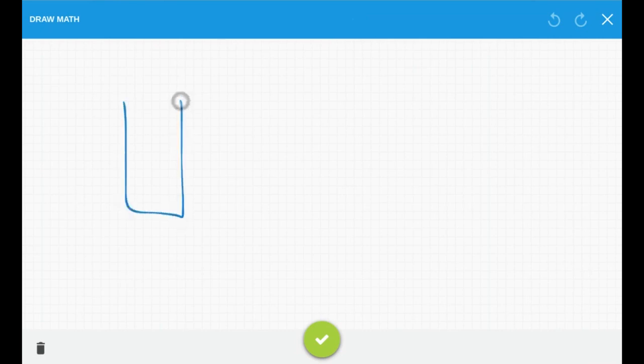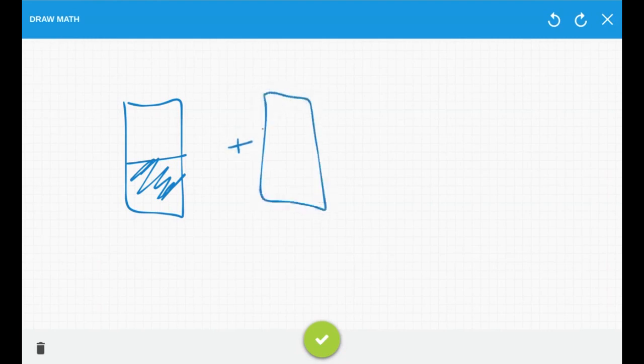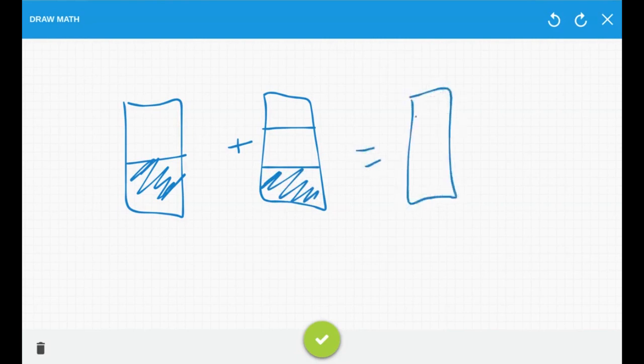And maybe I even want to talk about like, I'm going to do 1/2 plus 1/3. So maybe I have that same box and I want to put that in there. And so I might even show that that's going to be the same as like 1, 2, 3, 4, 5. And I'm going to take that 1/3 and that 1/2. And so I can then show that I have these different parts. Sorry, I shouldn't have filled it in like that because it'll think I'm trying to delete it.